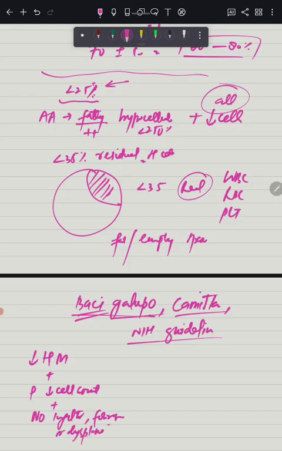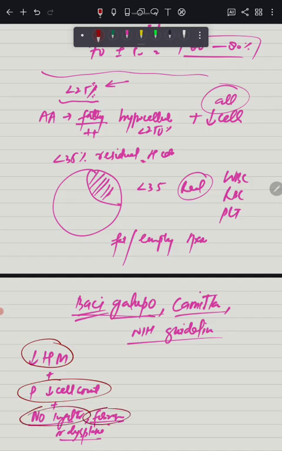So no infiltration, no fibrosis, and no dysplasia. This is the diagnostic criteria: decreased or hypocellular marrow, peripheral cytopenias, and no infiltration, fibrosis or dysplasia. I will do an IFD, infiltration, fibrosis or dysplasia. So hypocellular marrow means less than 25% cellularity,